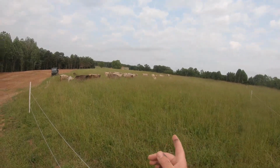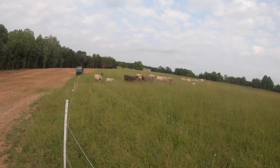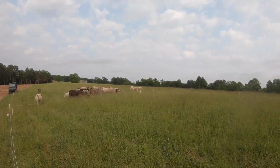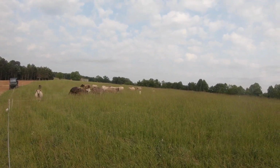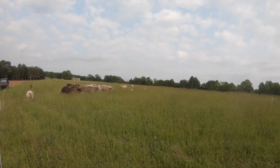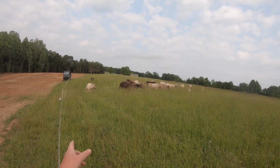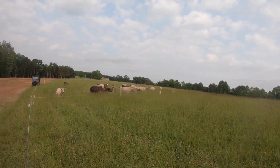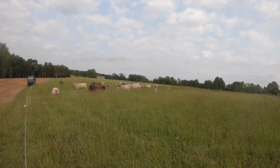So you can see that there's two calves under that one strand of fence. There's no problem with that because they'll be able to run right underneath it and be fine. And then like I said earlier, when they get a little bit taller and their back touches that wire with electricity, they'll stop going under that one strand of wire. But you can see that for all the big cows, they respect that white wire, and then we'll go back, put electricity on it before I leave, and then they'll be ready to eat all day,